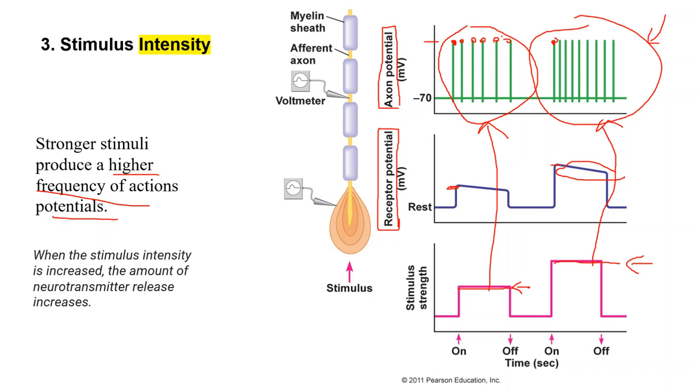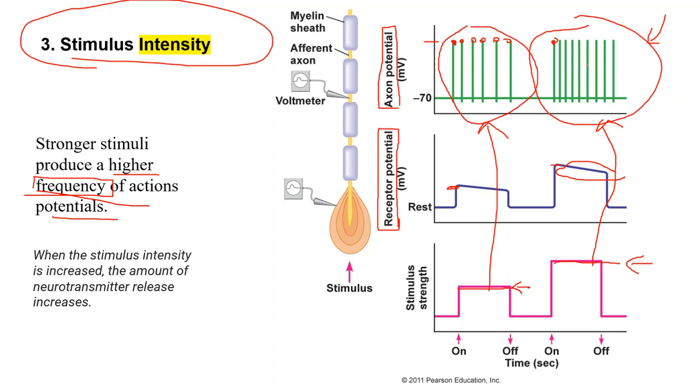So the intensity of action potentials does not change. What changes though is the frequency. This is very important. The result, in terms of action potentials, of increasing stimulus intensity is the frequency of the action potentials, not the intensity. So if you have questions in the test, do not get confused. It can be tricky.